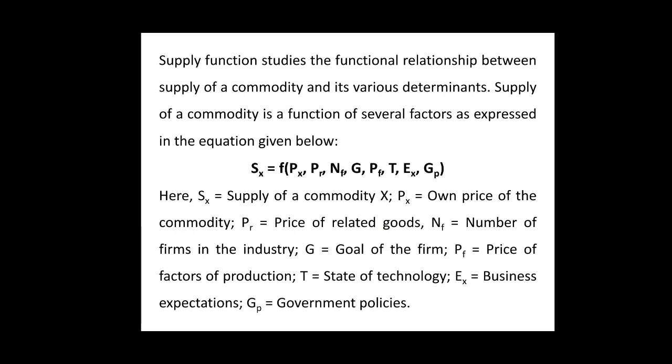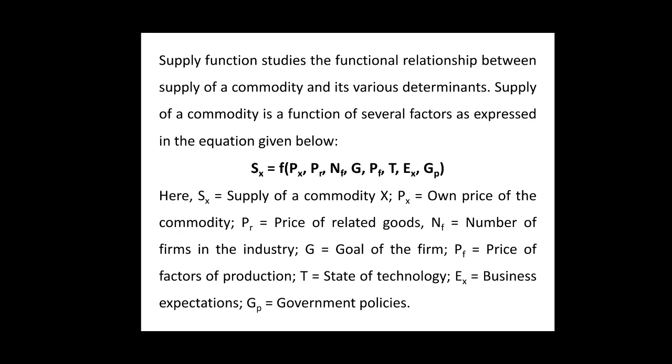There are numerous factors that determine supply, such as the price of product, price of related goods, state of technology, etc. The function which studies the relationship between quantity supplied of a product and its price and other associated factors is called supply function. A supply function has a single dependent variable, that is the quantity supplied, and many independent variables like price of a commodity, price of related goods, price of factors of production, etc., as expressed in the